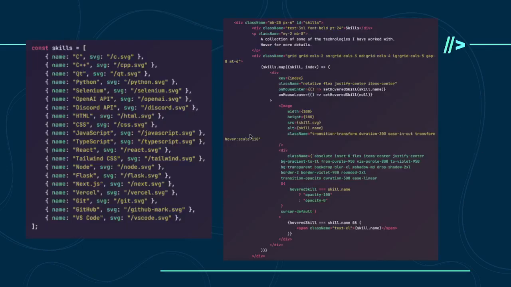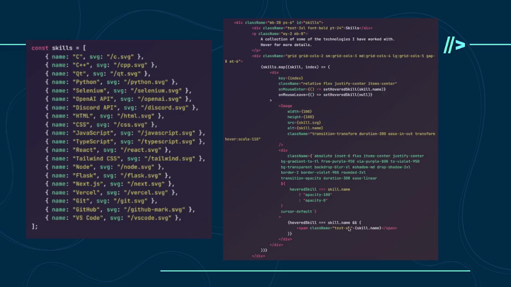The other thing is that you can do a lot of really cool things. Right here I have an animation for when the mouse enters and when the mouse leaves, but essentially when you map, skill is the actual individual object, and if you see here, it says skill.name, right? Don't worry about this god-awful mess, I'm gonna get there. But specifically the thing I'm talking about is skill.name. And right here, the text.